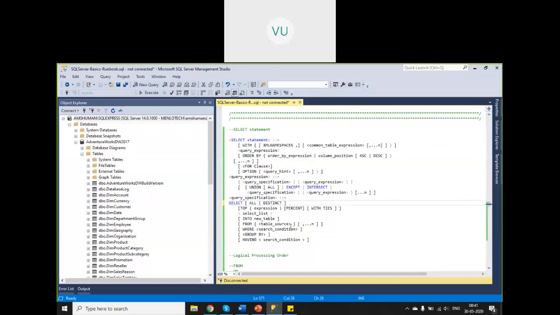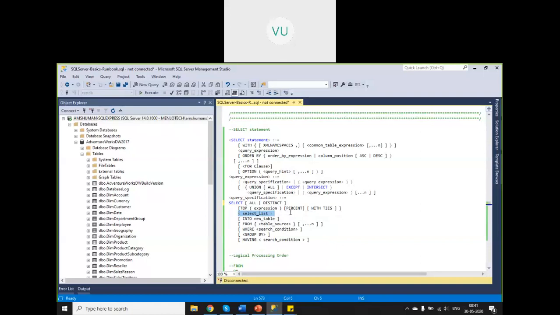If you don't see any conditions, like you are not filtering using a where clause, that means you are retrieving all the records. Okay. So top is like, out of the records that are fetched based on your conditions and your select statement, it will only retrieve the top n number of records. So let us say top 10 records or top 20 records or whatever. Right? And this is your select list.